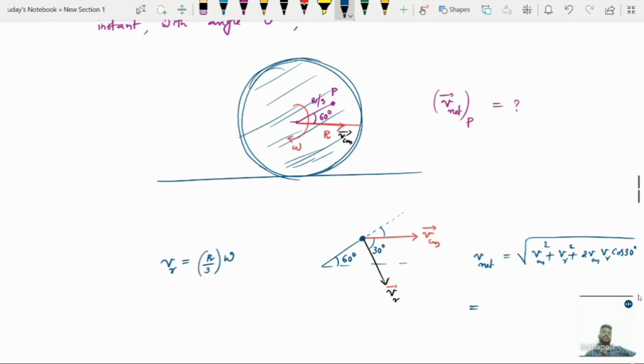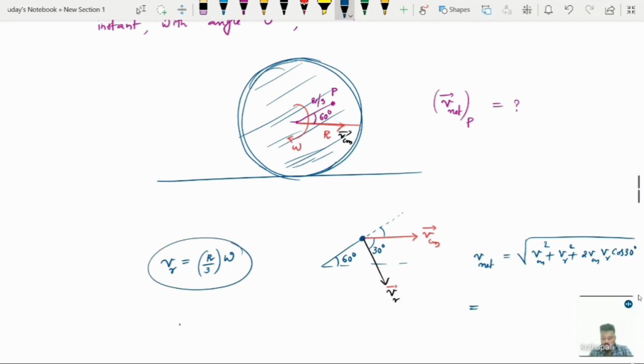It's not r omega, because the tangential velocity due to rotation of any body depends upon the distance of that particular point from the axis of rotation. If you take a rigid body and want to calculate the tangential velocity of a particular point on it, we apply the formula v equals r omega, where r is the distance of that particular point from the axis of rotation. It is at r by 3 distance, so it will be r by 3 into